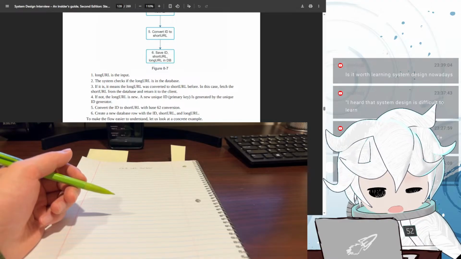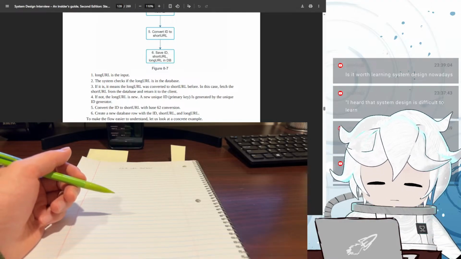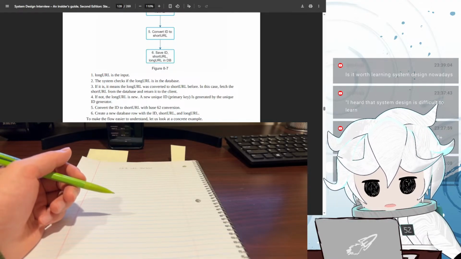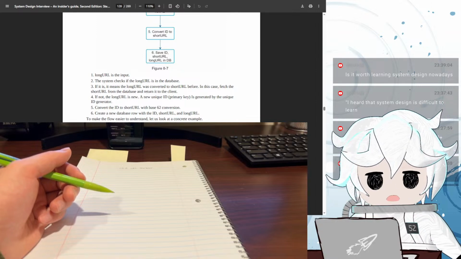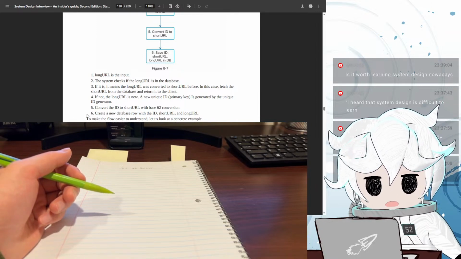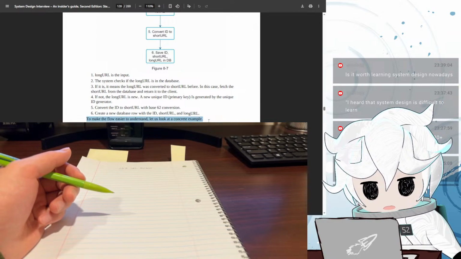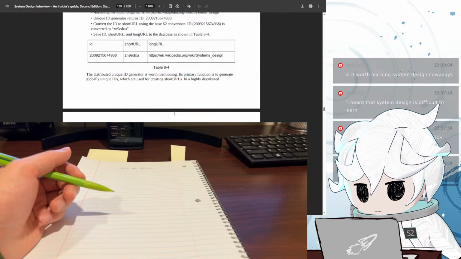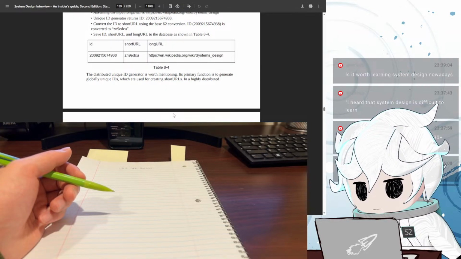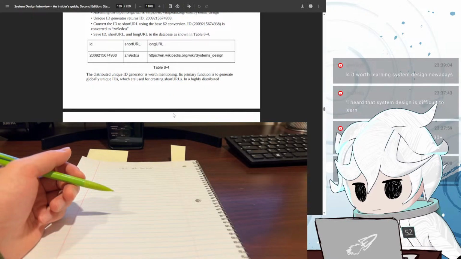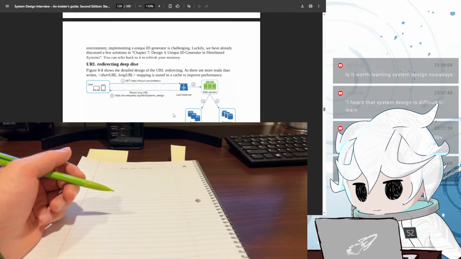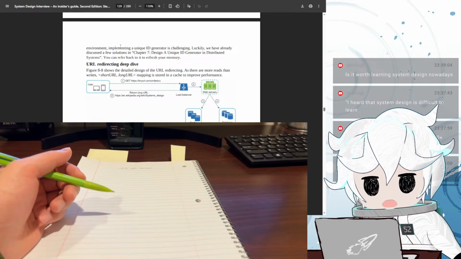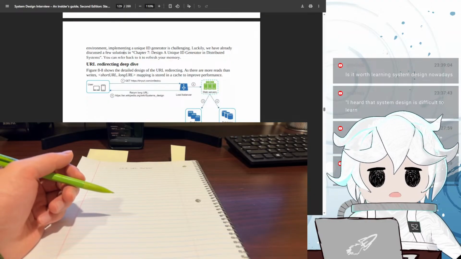I mean, in practice, we'll probably have some sort of library or API that generates the hash for us, right? Surely something like this is already out in public. Okay, so they're just talking about how to generate a unique hash.